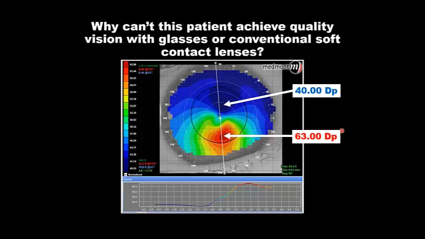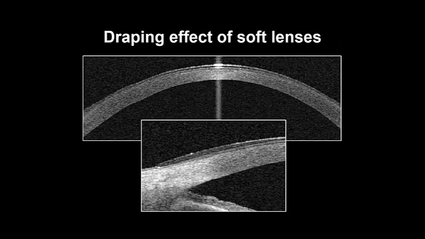Here's a patient that is most likely going to need RGP lenses of some kind, maybe a scleral lens, maybe a corneal GP, but certainly glasses or soft lenses are not likely to be able to mask this kind of irregularity. Well, if we put on a soft lens just for fun, what would happen? Of course, a soft lens that's around 0.06 millimeters thick, or 60 microns, is just going to take the